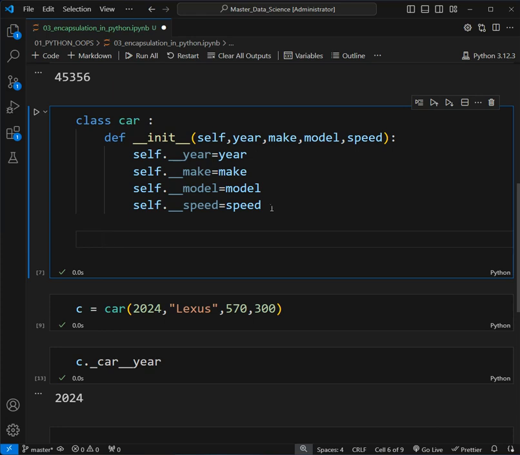We want to give the user access only to those things which we want him to modify. So how can we do that? For that, there is the concept of getters and setters in Java. The same concept is used here in Python, using a function, like I am creating a function using the def keyword,